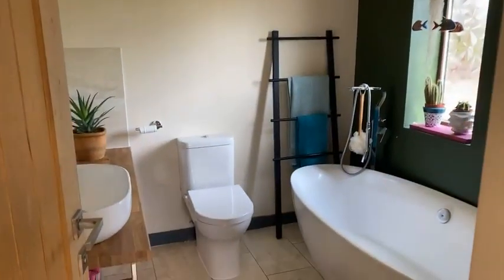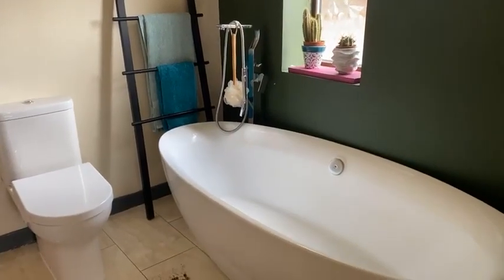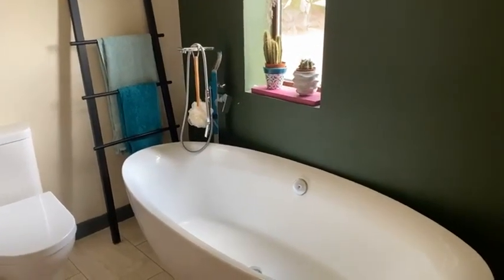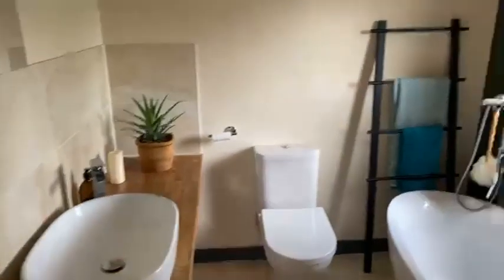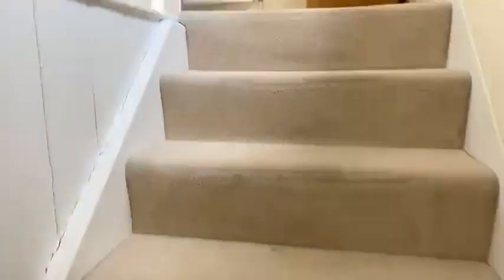And then we have a ground floor bathroom, nice modern suite. We've got the sort of separate pedestal style tap and bath arrangement. Nice modern sink unit there. Decent sized bathroom for a cottagey style property. And then stairs take us to the landing,